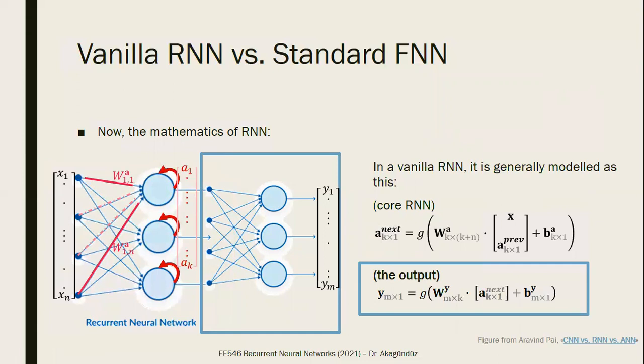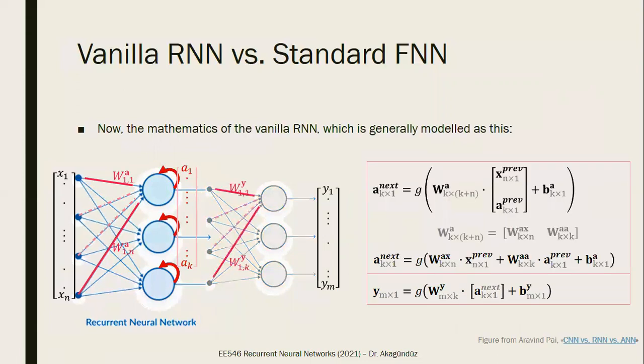And the other part is the output, needless to say. Okay, so I'm going to make this multiplication clearer by dismantling this weight matrix into two parts. As you can see, this is a weight matrix being multiplied by a vector of k plus n or n plus k length. Some part of this matrix is being multiplied by x, another part of the matrix is being multiplied by a, these guys, okay? So I'm going to dismantle that part as WAX and WAA.